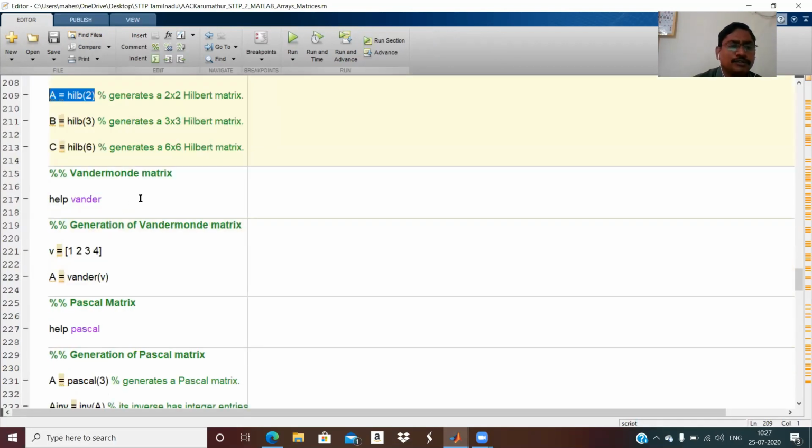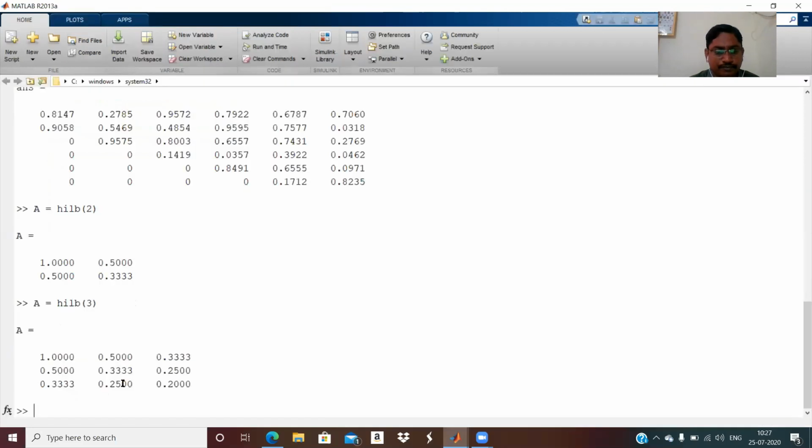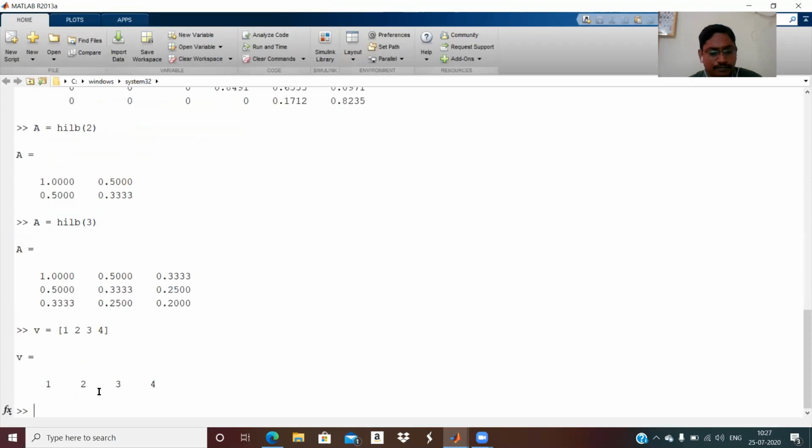The Vandermonde matrix is also one where the column vectors are represented in geometric progressions. So a 4 by 4 Vandermonde matrix will generate it. We'll see what will happen.